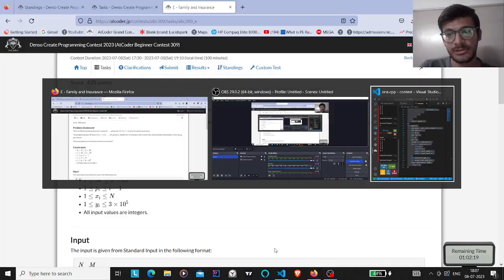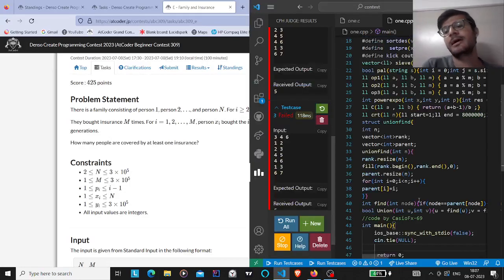Okay, that's cool enough. I think I can do that. I just have to pass on that value to the particular index, and we just have to store whether the particular parent value